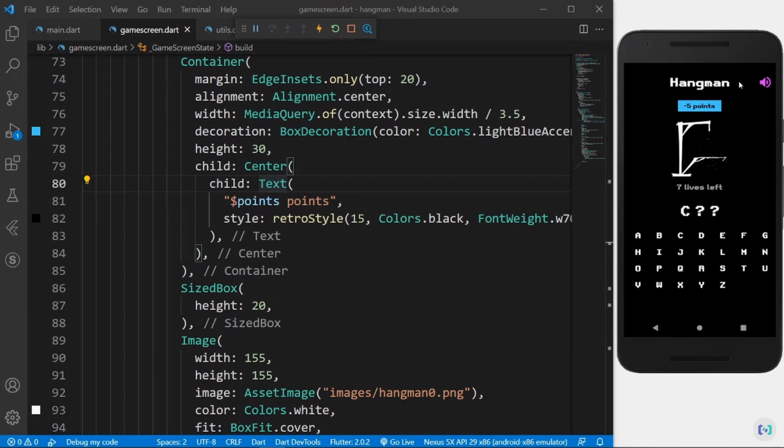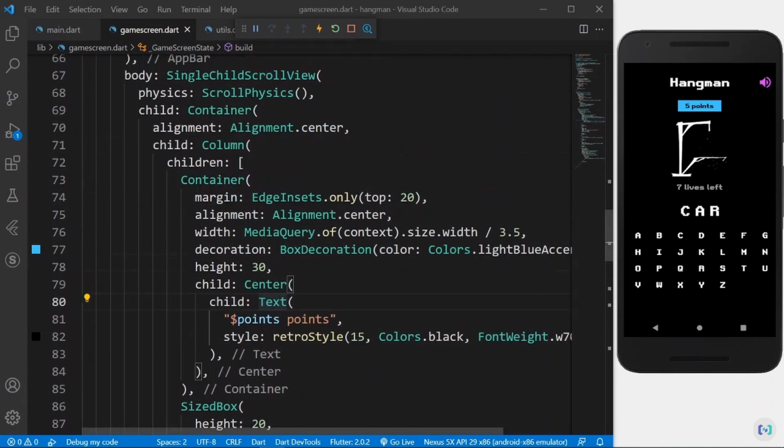So I'll decrease it by 5, and when I click on this A, there you go, I increased again by 5. And at last, when I click on the R, there you go, now I have 5 points because I've guessed 3 times correctly but 1 time wrong, and also we guessed the whole word. So we have a